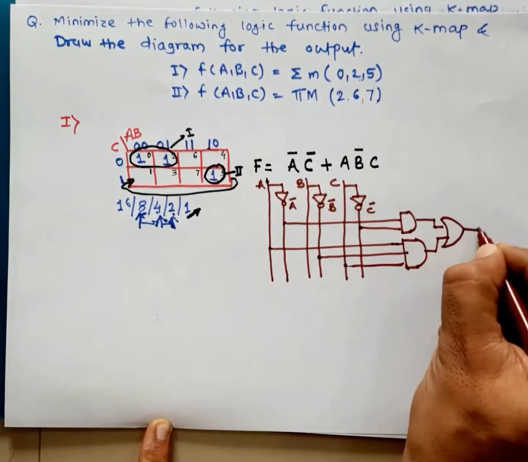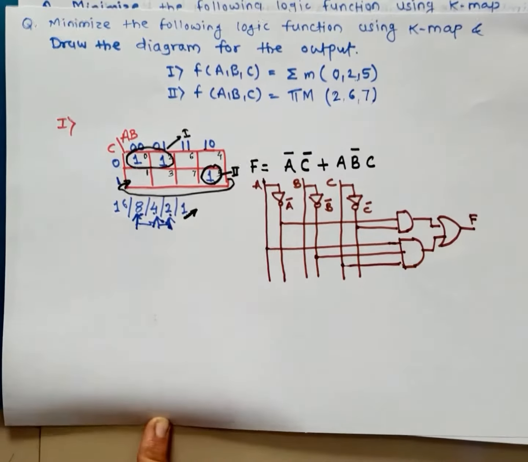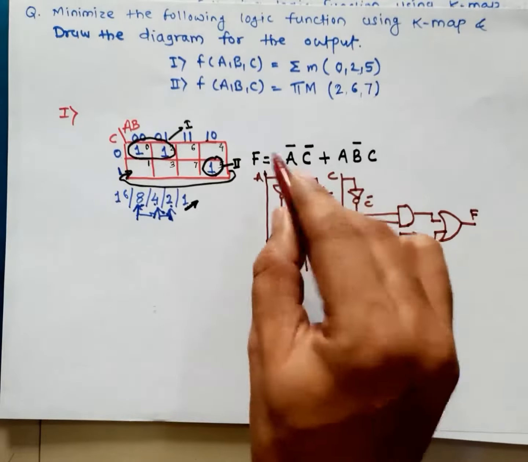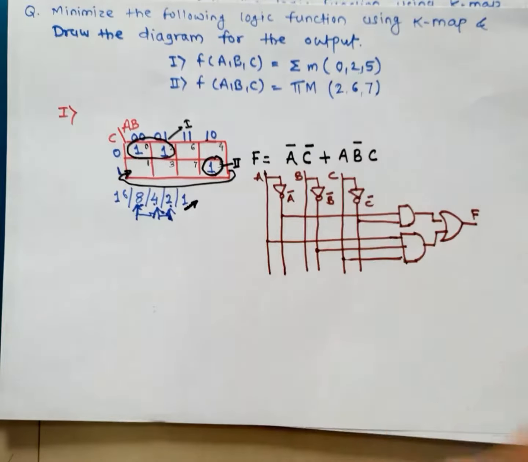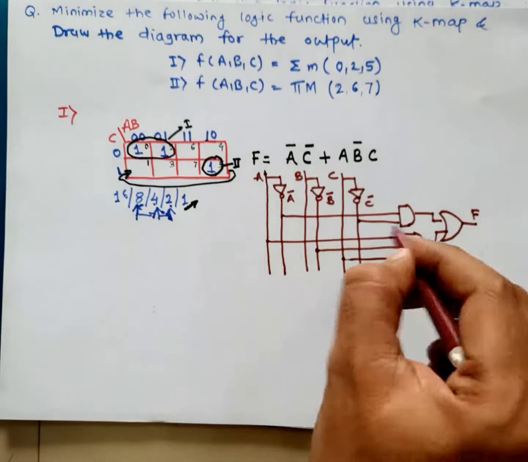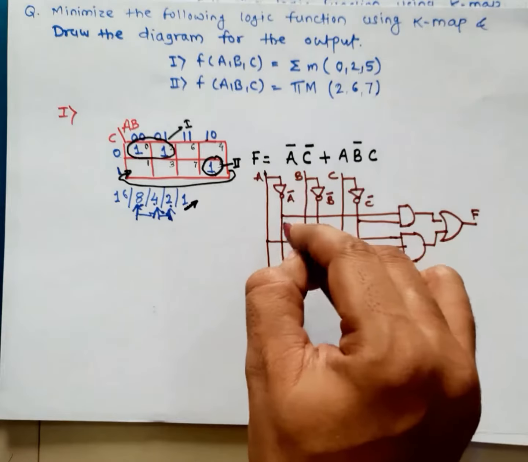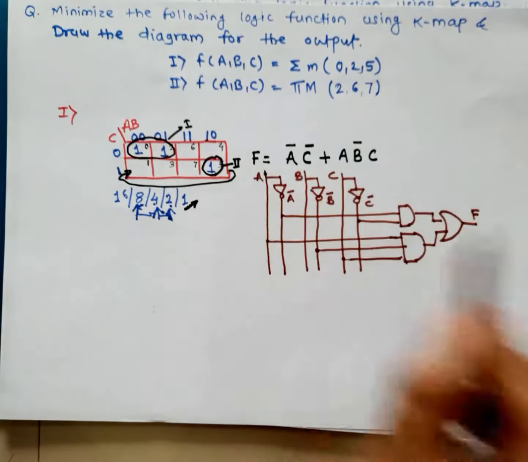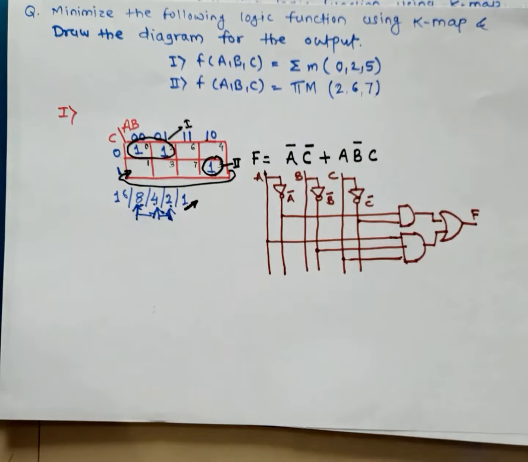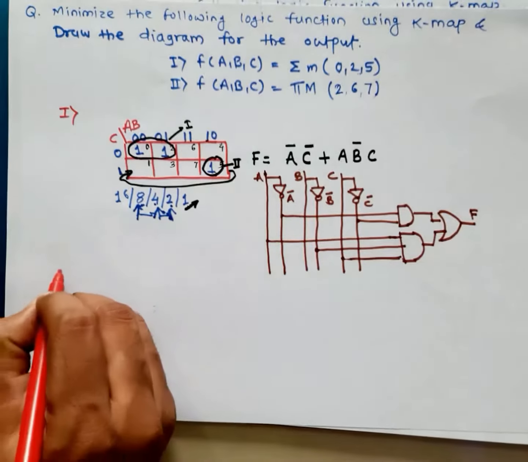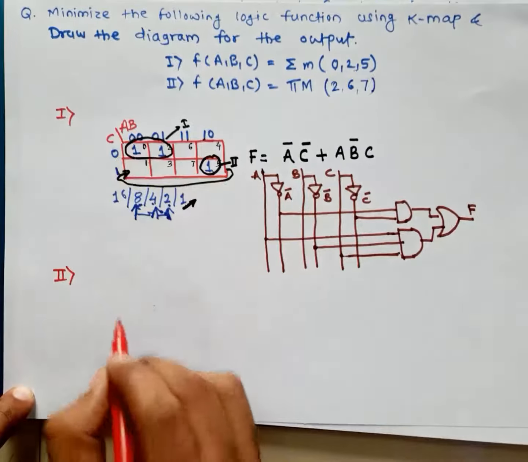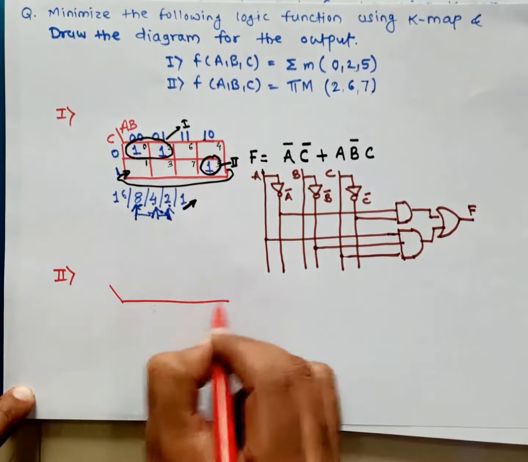With the help of the OR gate, we can design the final equation, that is F. So in this way you can design the circuit diagram for any function. It is very simple. You just have to consider how many inputs are required for a particular gate, and you can assign it. Now the second function. First thing again the same: for designing a K map, how many variables are given?